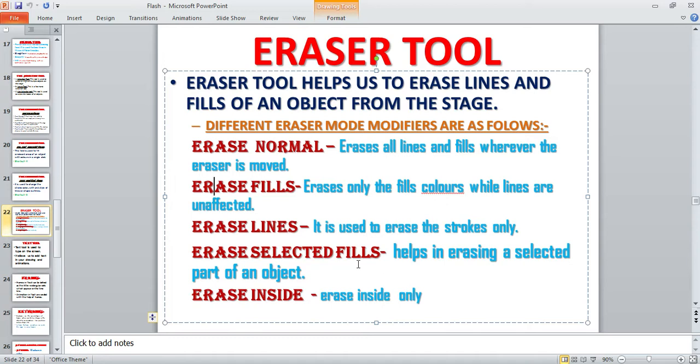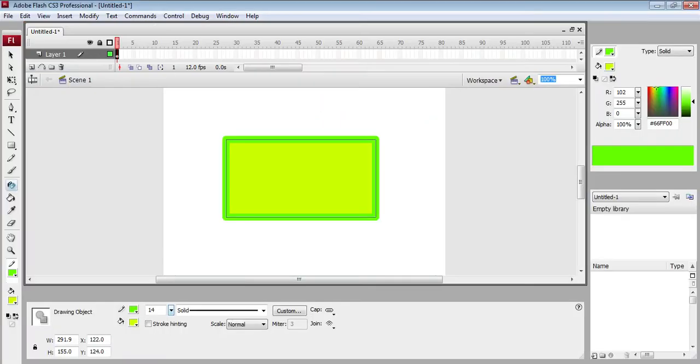Now I am going to show you all these tools, and if possible you can complete them at home also. For this we simply have to open Flash again, and now I'm going to rub all of these out. Now I'm going to select the eraser tool. You can see here is our eraser tool. We have to single click here, and after single clicking we can find different modes of eraser. He has given the erase normal mode, so I'm going to show you.